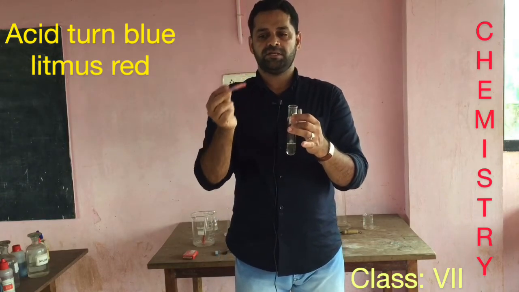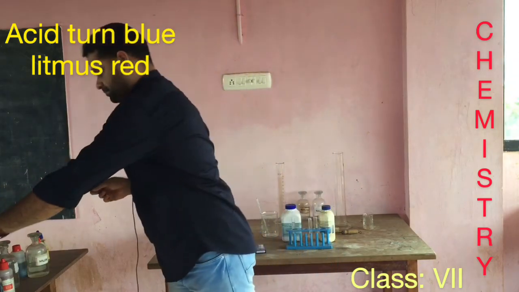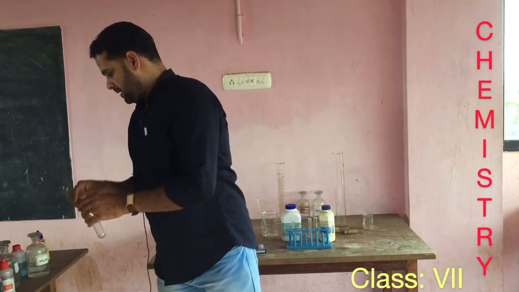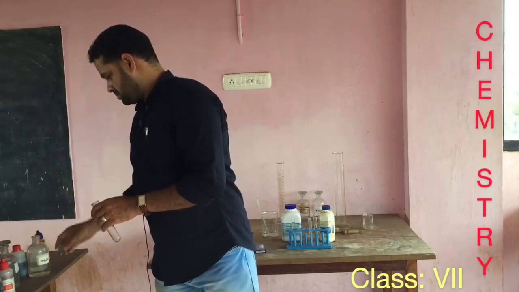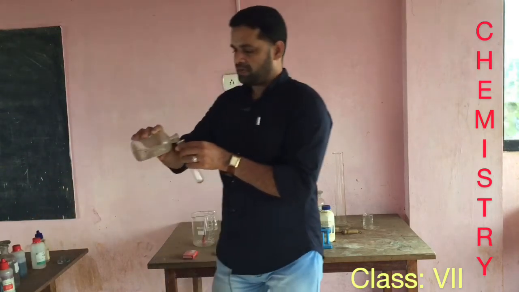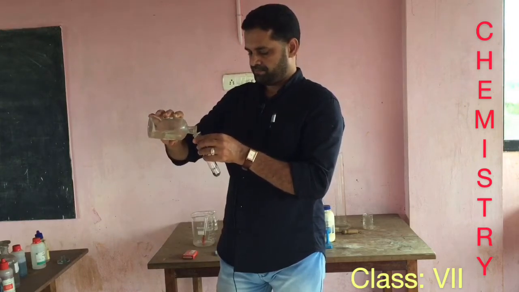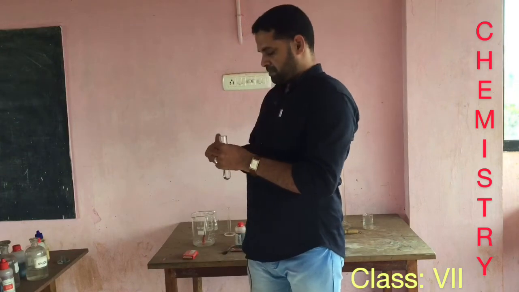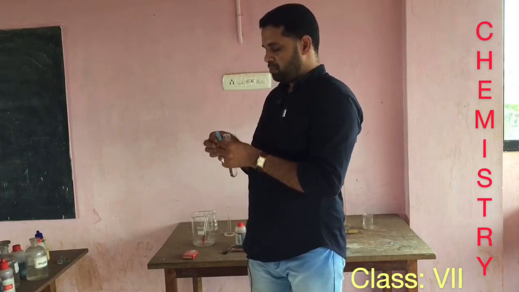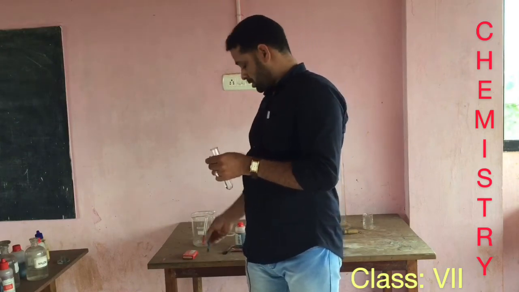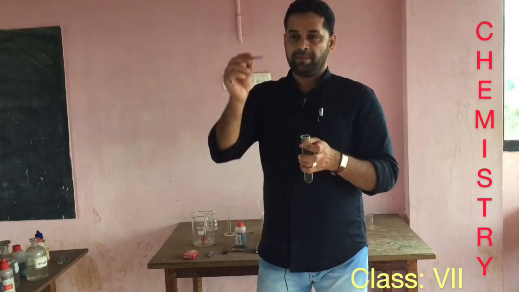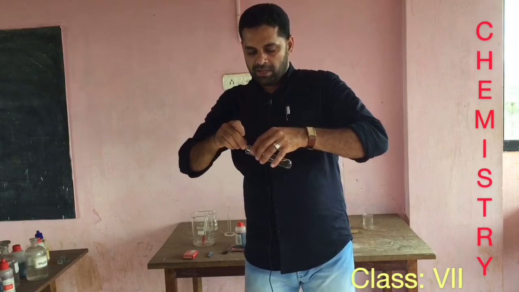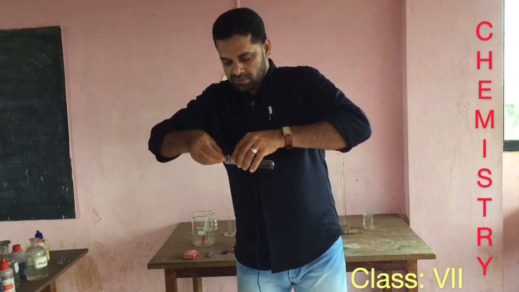So, that is the color change. And then I am taking a base. This is ammonium hydroxide. Again I am taking ammonium hydroxide. You can see that again I am taking blue litmus paper. So, when we dip blue litmus paper in a base, you can see